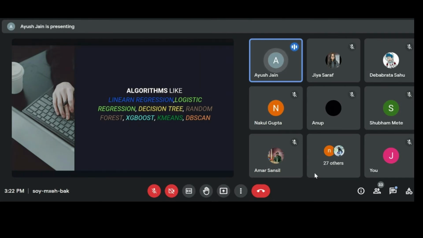Based on the data set, you decide which algorithm you need to apply. If the problem is about independent and dependent features and it is a regression problem, like finding the marks of a student based on his past performance, then you have continuous variables.